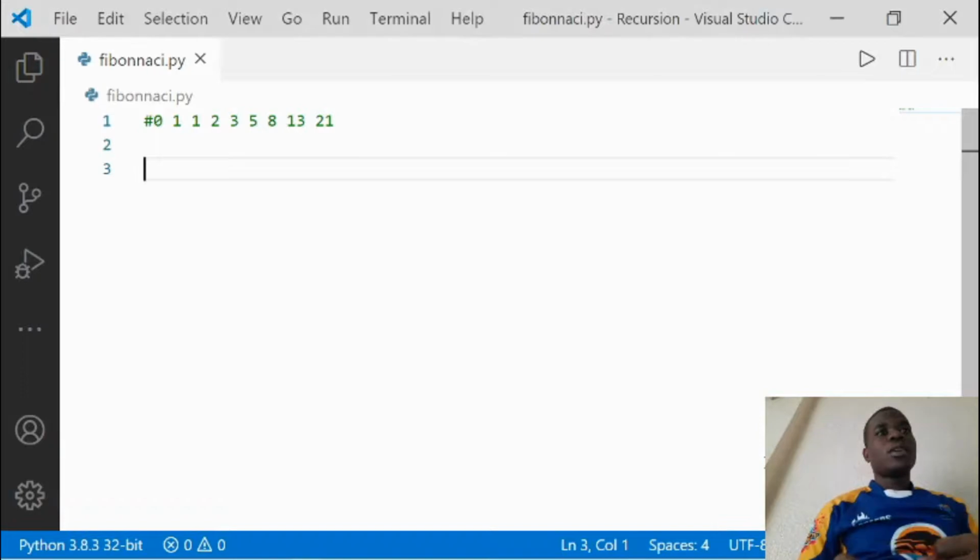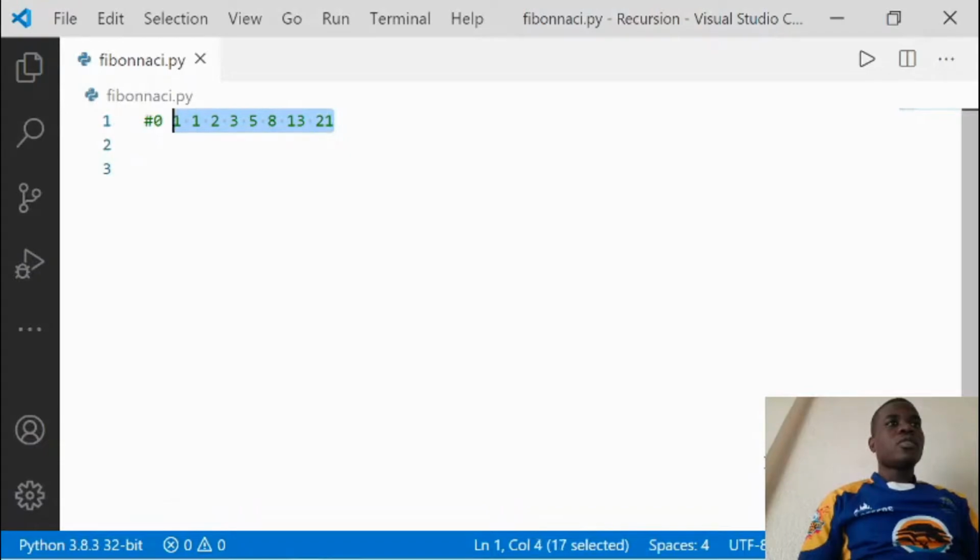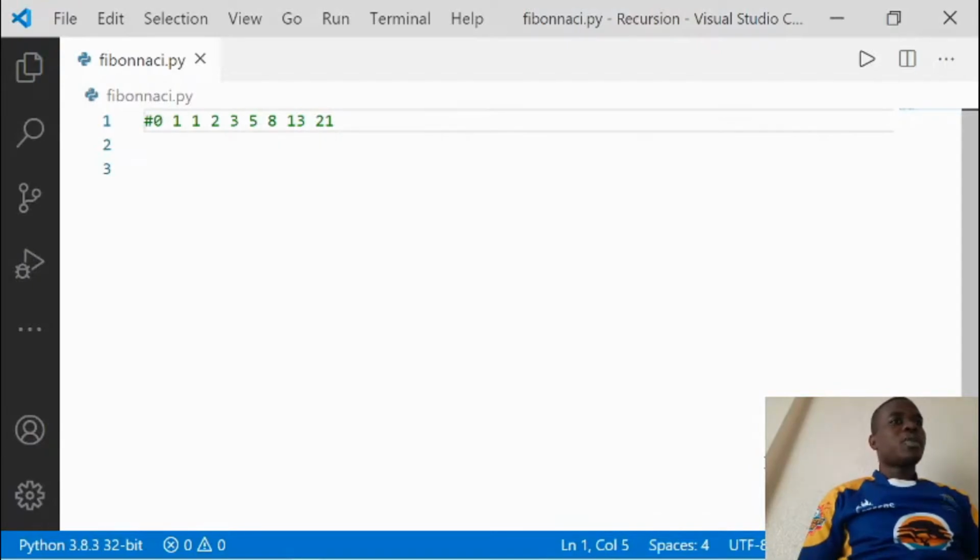Okay, so now that we're here in our text editor, let's look at the Fibonacci sequence, and try to come up with a recursive function that will give us this pattern, right? For those who do not know, a Fibonacci sequence is a sequence like this. What makes it special is we have these primary numbers. Some people start with 1, some people start with 0. But then we have those two primary numbers, that is 0 and 1,